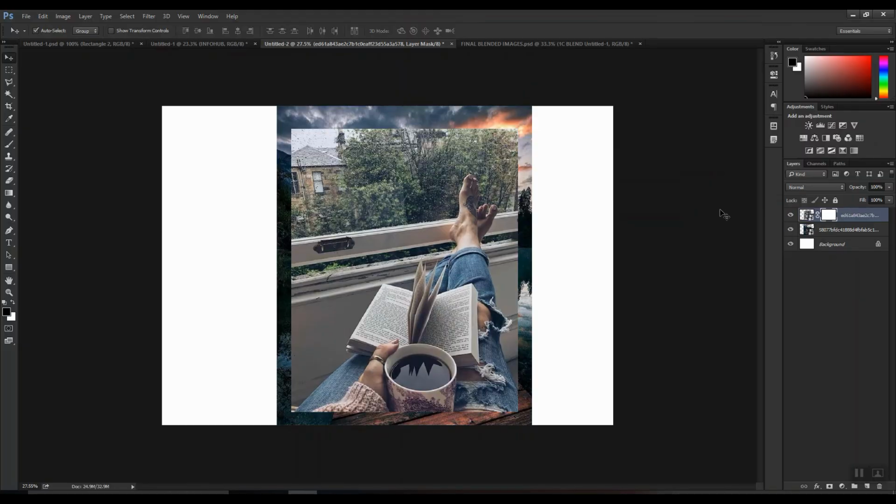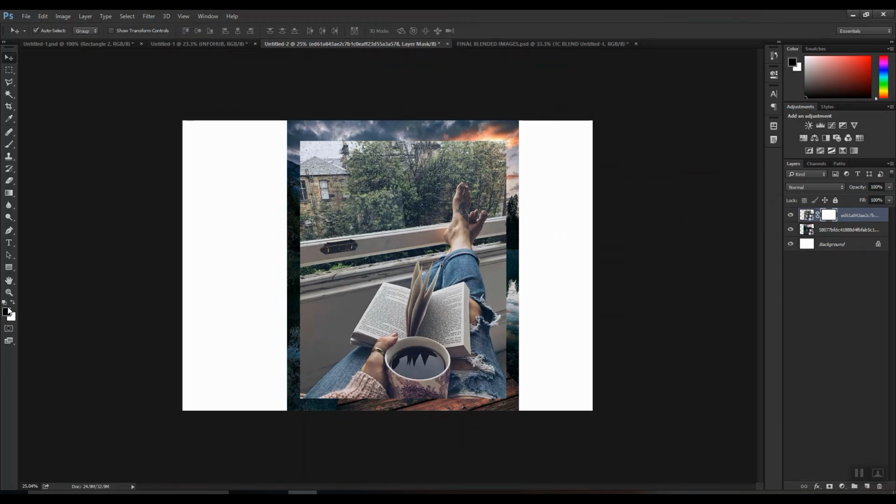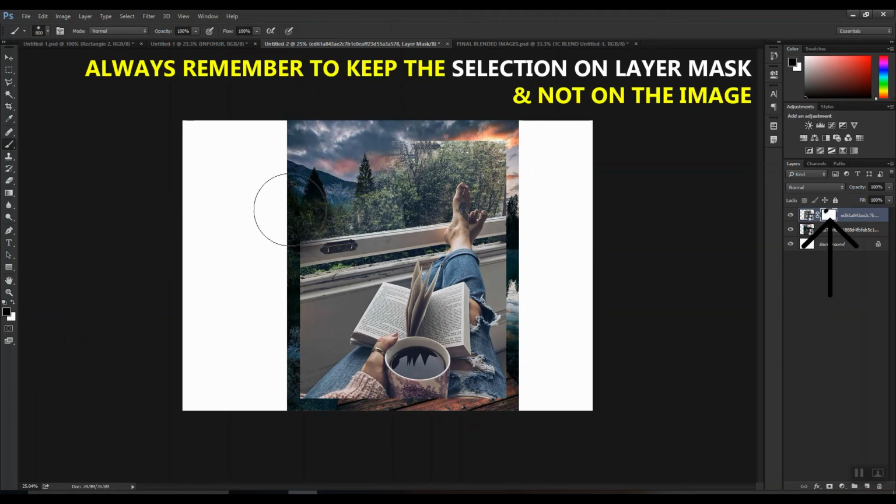Okay, now moving towards how does this work. See, the first thing you need to know is that set the foreground color to black, and remember this always when you are using layer mask. Sometimes the foreground color is by default set to black as you select the property of layer mask, but make sure you always check before proceeding. Okay, now with the help of brush tool we can simply start our work, but before that always remember the brush you select should be of 0 hardness for a smooth finishing. Now simply using the brush tool, just erase the part which you don't want. The size you can change accordingly in between according to your preference.